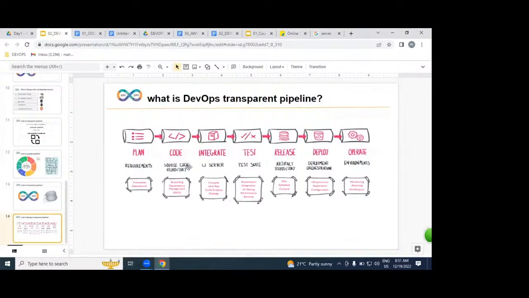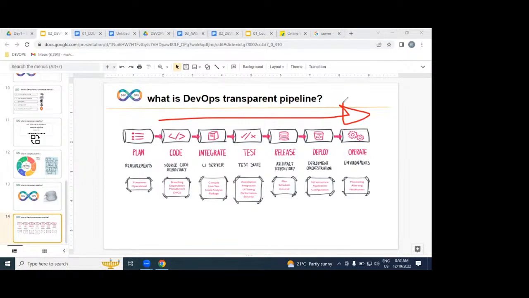What is the DevOps process? DevOps is a process which you implement starting from where exactly? The dev environment. It ends where? Operation. That means we are part of dev environment, integration, testing, release, development, and operation. We are going to implement DevOps as an automated transparent pipeline.